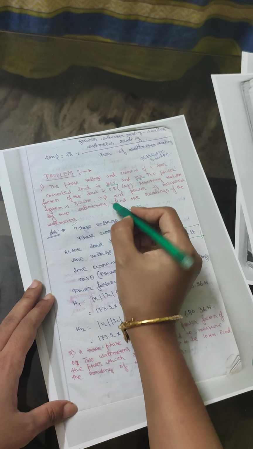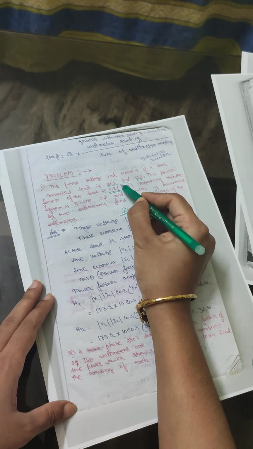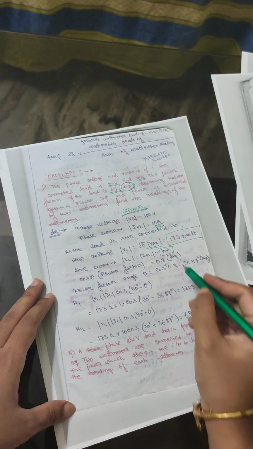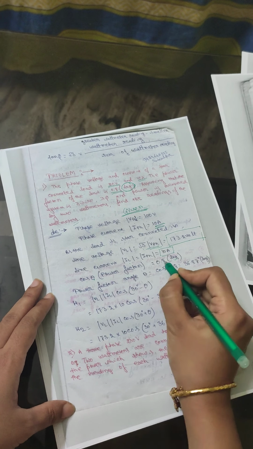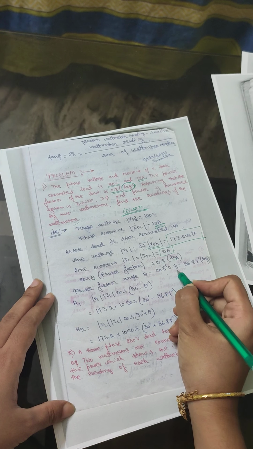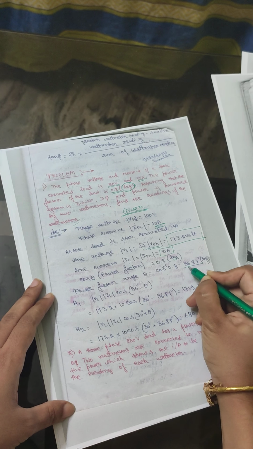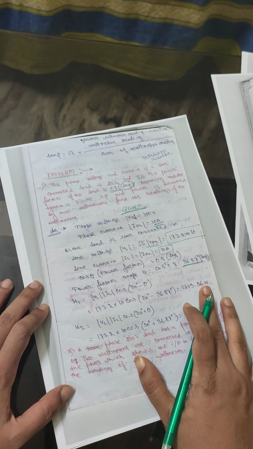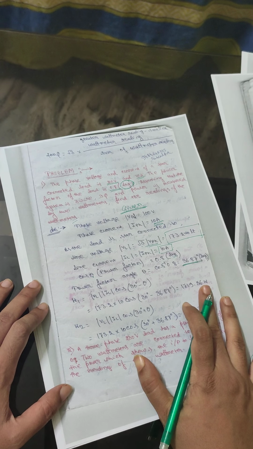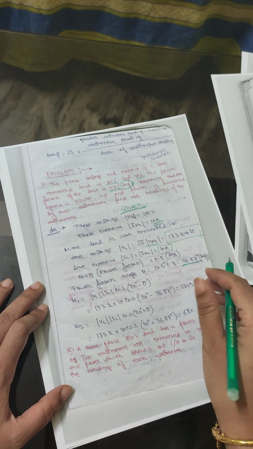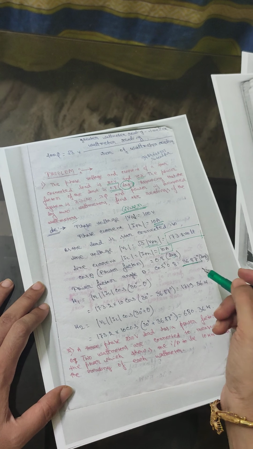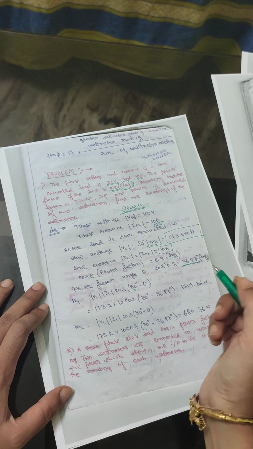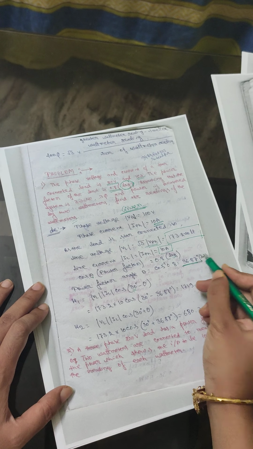Cos theta, the power factor, is given. This one is 0.8 but lagging in nature. Practically, it will always be lagging. So cos theta is 0.8, so theta equals cos inverse 0.8. Remember that you always have to find it in degrees, not in radians. If we calculate it in radians, the answer will totally change. This will not be a right answer because in your equation it is in degrees, 30 degrees. That's why theta you always have to find in degrees.